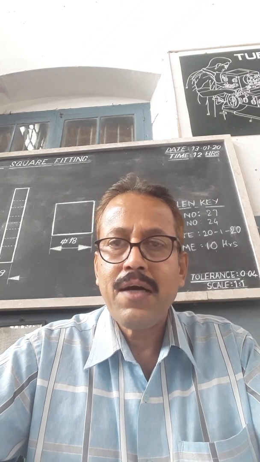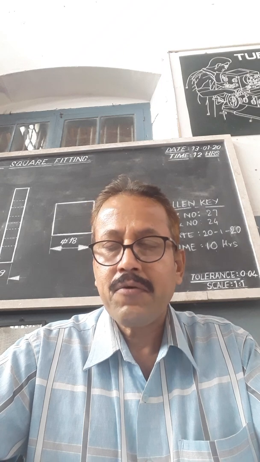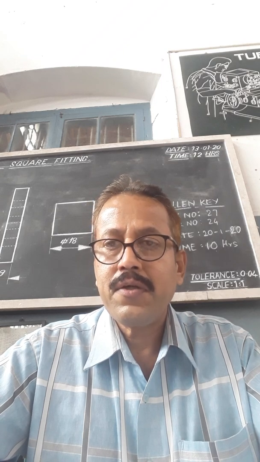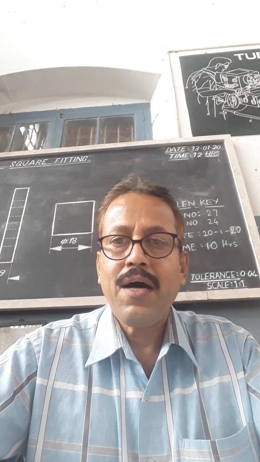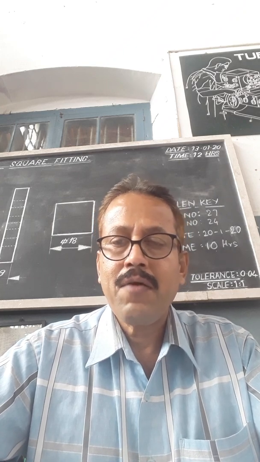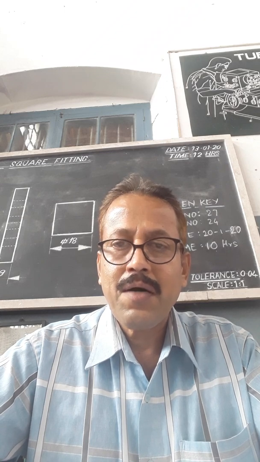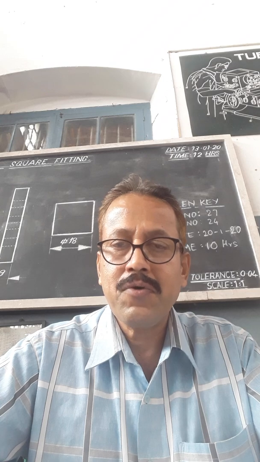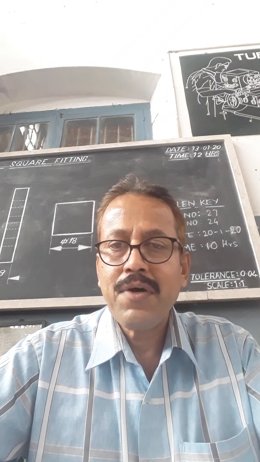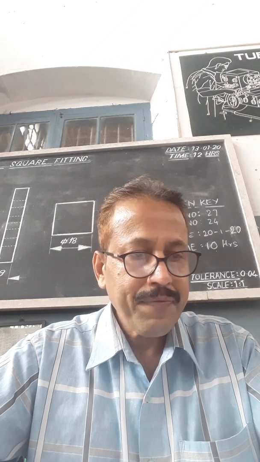So instead of that, if a precision inspection tool is there, with that tool the higher limit and lower limit can be checked, and whether the job is coming within that limit, we can check easily. Such an inspection tool is called a gauge. So there are various types of gauges available. Let us see one by one.